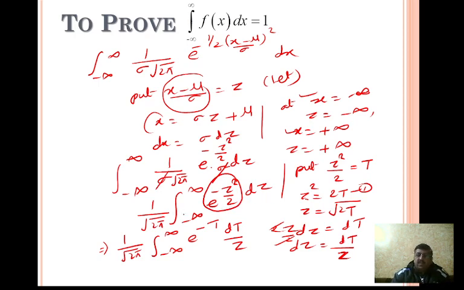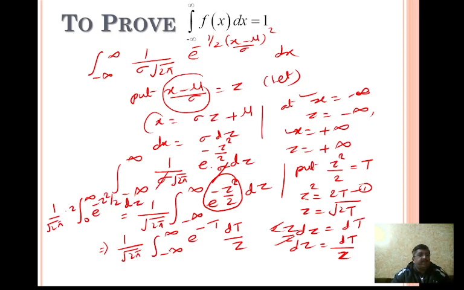So can we simplify this using the properties of the definite integral? That says that if minus a to plus a or minus infinity to plus infinity is the limit, this can be written as 1 upon square root of 2 pi then 2 times the integration 0 to infinity, right, of e to the power minus z square by 2